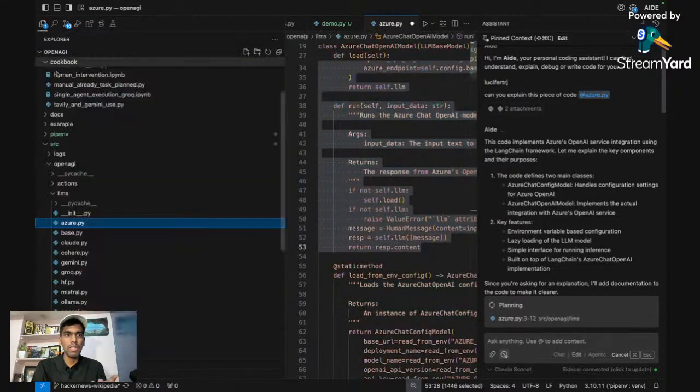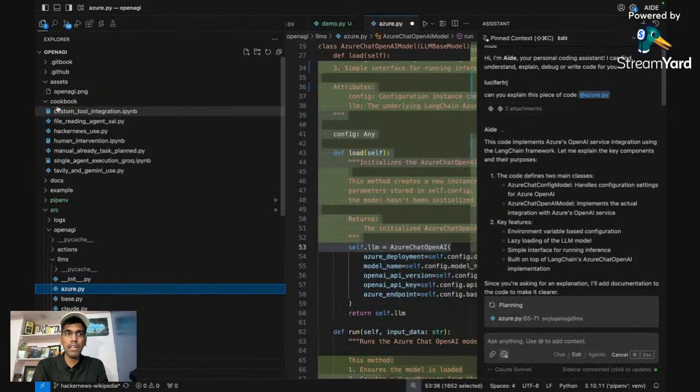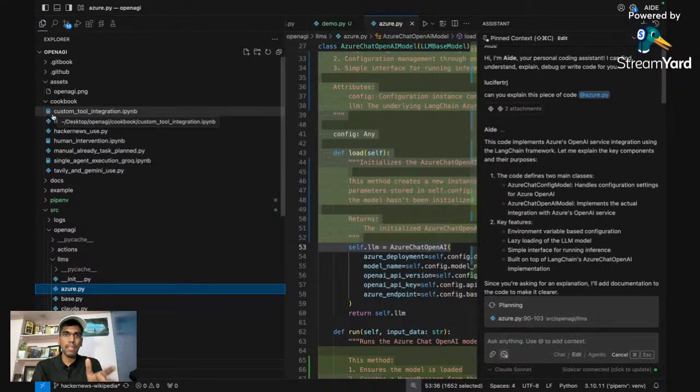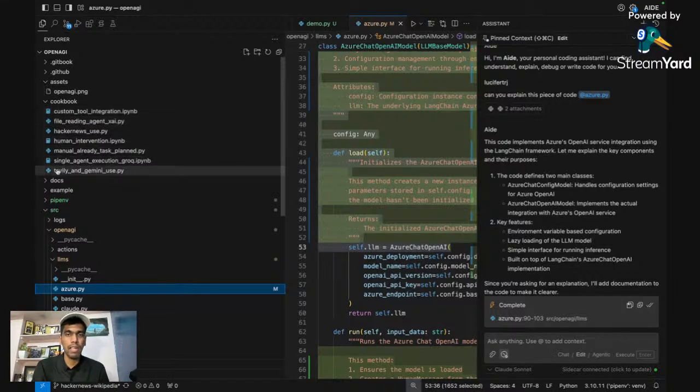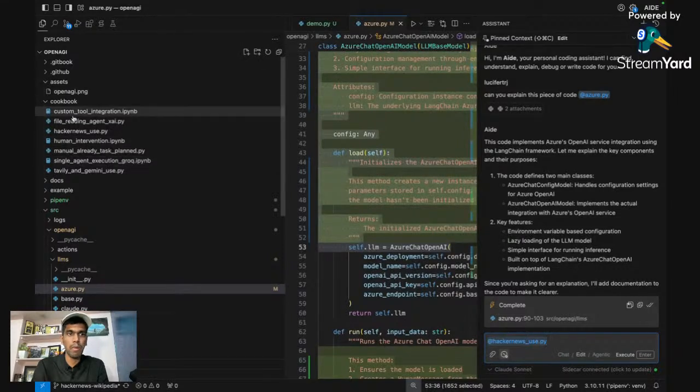So here what I'll do is you have multiple files, you have cookbooks. So what we will do is we will create a new cookbook. So the goal here is you understand the code base and then see where you can contribute to so that you can create a new PR. So if you look as of now, you have 1, 2, 3, 4, 5, 6, 7. There are total 7 files. Now what you will do is you will just attach one of the example. I'll just attach Hacker News, one of the use cases which has been built inside cookbook, and you can just tell add new cookbook for YouTube.